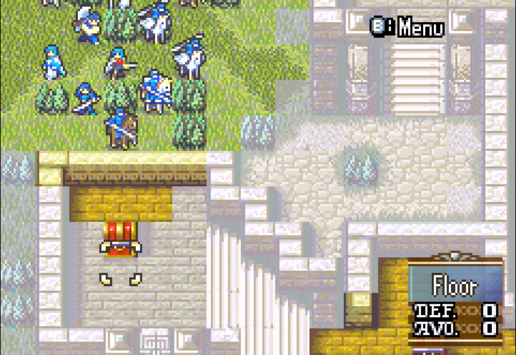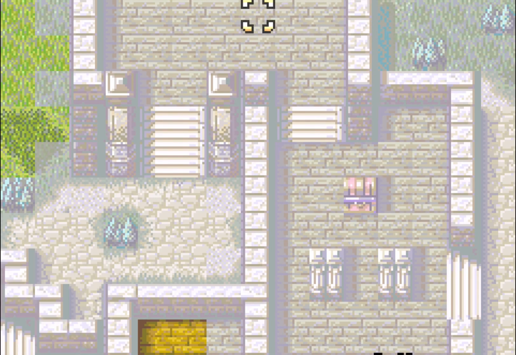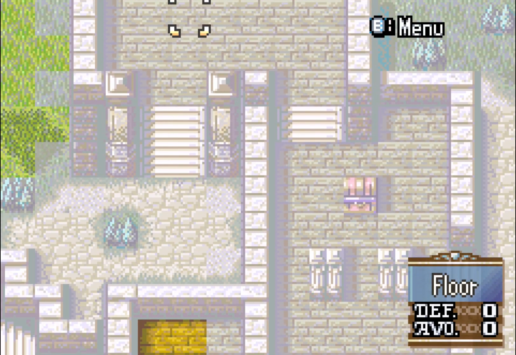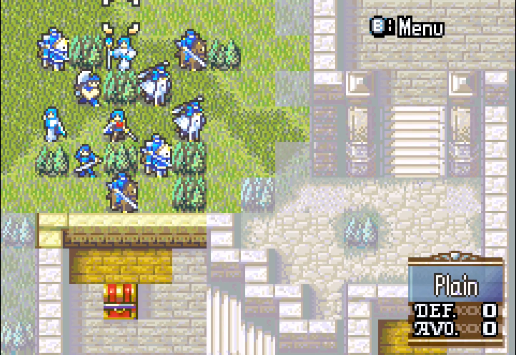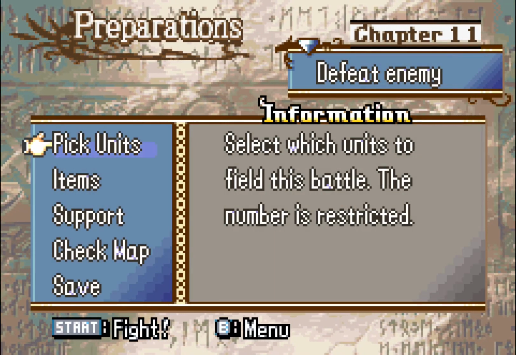Anyway, as you can see, Fog of War chapter, it is a route map. You've got La Rochelle and Dozla over here. You've got 3 treasure chests, and then the enemies are all monsters. So, before we get to